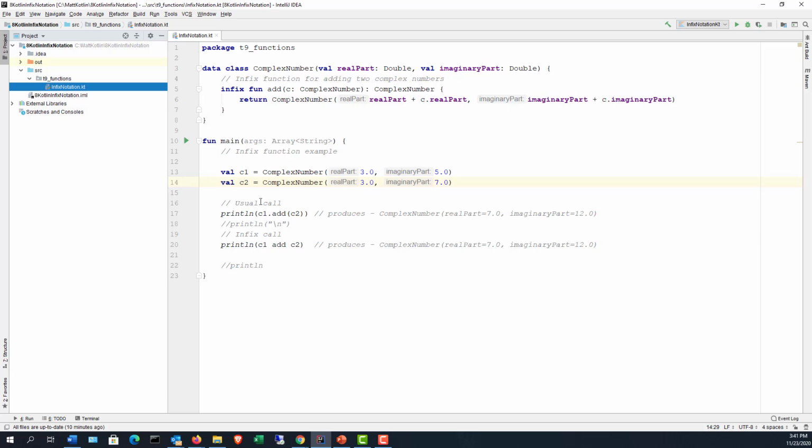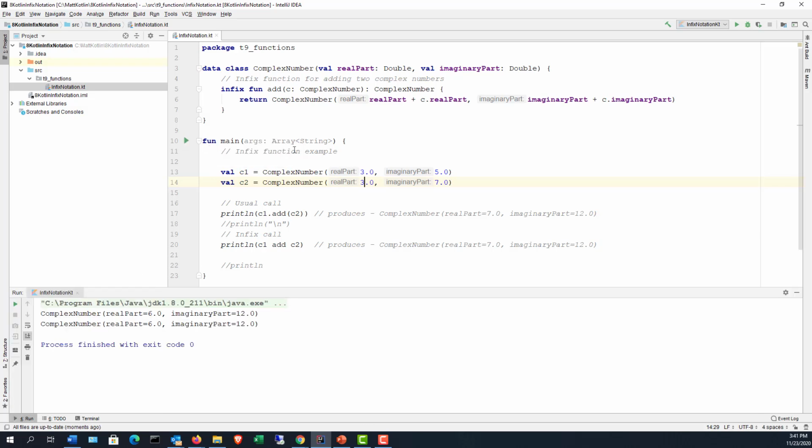So let's take a look at the two different ways we can return the results from these two different function calls. Click here next to our main function, this run arrow, and click Run Infix Notation. And we can see here that complex number, we can see real part equals 6, and we can see imaginary part